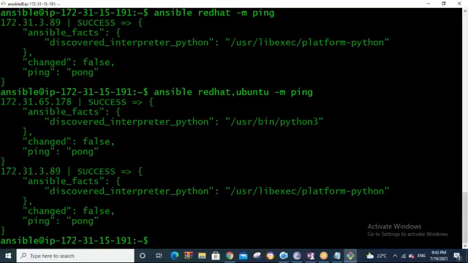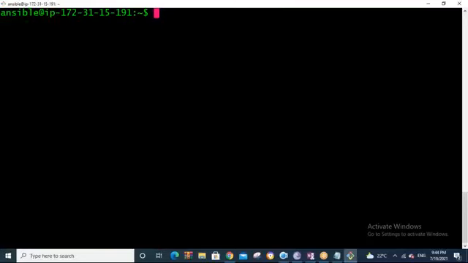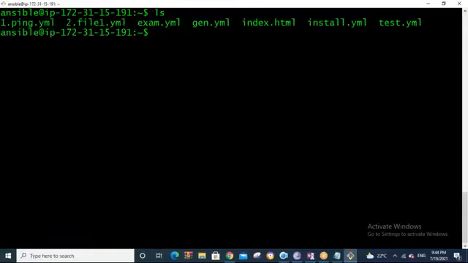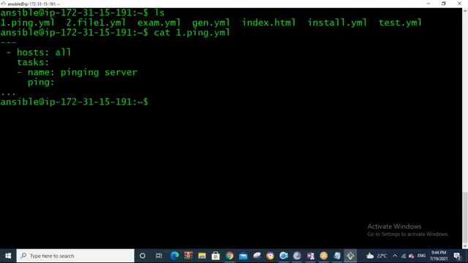Suppose, let's say, the same thing I want to test in the playbook. Okay, so people will ask how to write it in the playbook. How to group. I want to run only one server, one group, multiple IPs. Okay, so let's see that also. So you have a basic ping playbook. See this one. Whenever you execute this playbook, ansible-playbook, the playbook name,